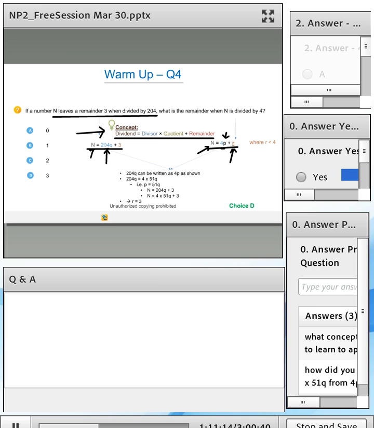All right, so now let's move on to our next question. One more thing that I do want to talk about is that there are these 5 process skills that you need to build. In this question, you see the process skill of visualization. Visualization is the skill that is being applied here. You should be able to visualize information and see, okay, 204q, can I write it in terms of 4p?